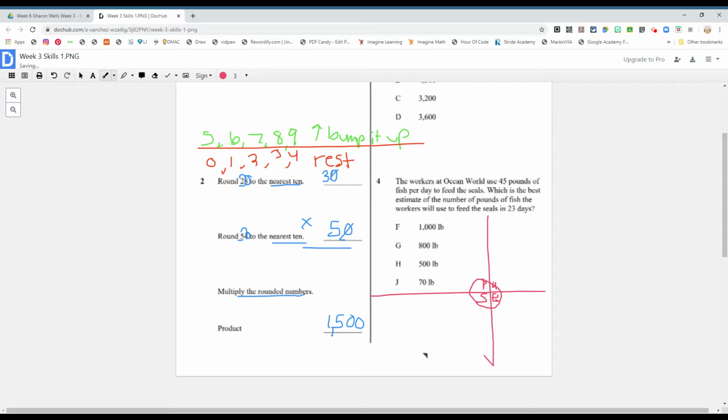Okay. The workers at Ocean World use 45 pounds of fish per day to feed the seals. Okay, let's stop and think. So where are we at, boys and girls? What's our setting? We're at an ocean world, kind of like Sea World, and we're talking about the workers. And they use 45 pounds of fish per, we're not cats, boys and girls. I'm going to change that to the word each. Okay, so the workers at this ocean world, they use 45 pounds of fish each day to feed the seals,